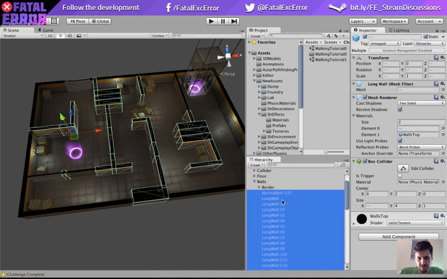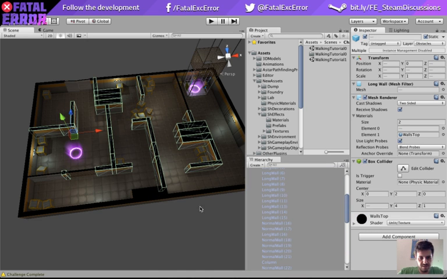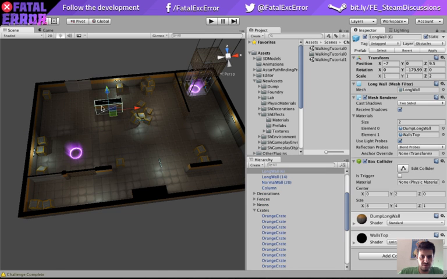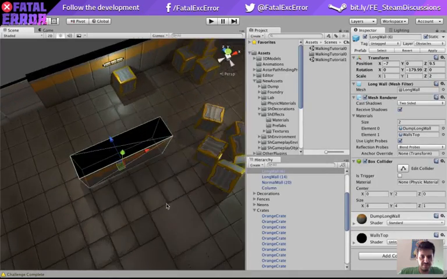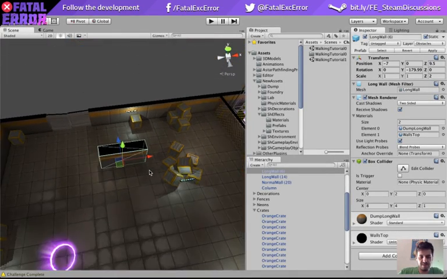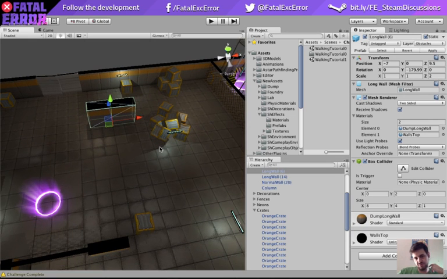So again, I deselect this, I deselect one of the normal walls, one of the columns, one of the walls, and one of these, because I'm also gonna use these things here to put the UI on top. So I create like a black patch, and then I put the piece of UI on top to show the